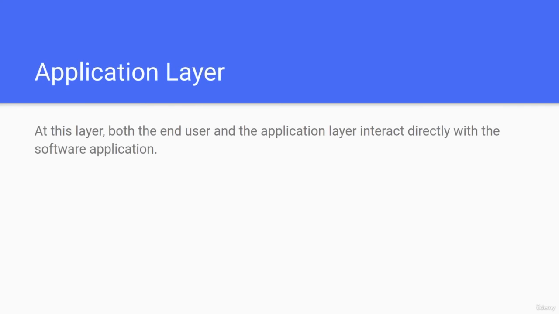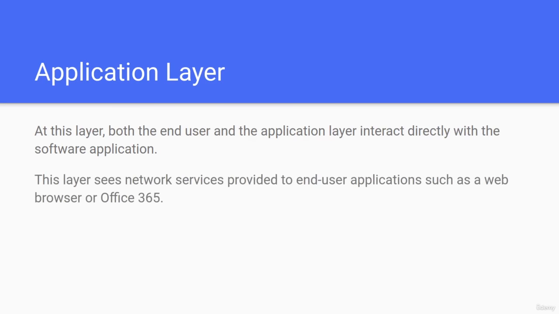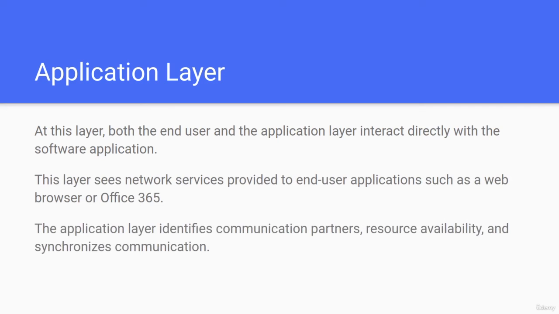And finally, we have the application layer, at which both the end user and the application interact directly with the software application. This layer sees network services provided to end user applications such as a web browser or Office 365. The application layer identifies communication partners, resource availability, and